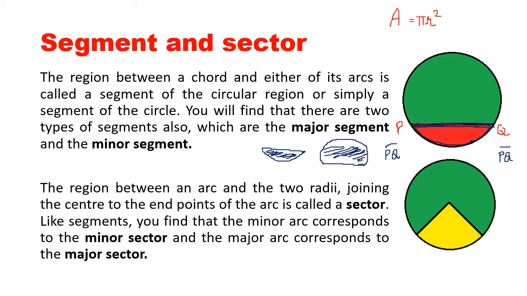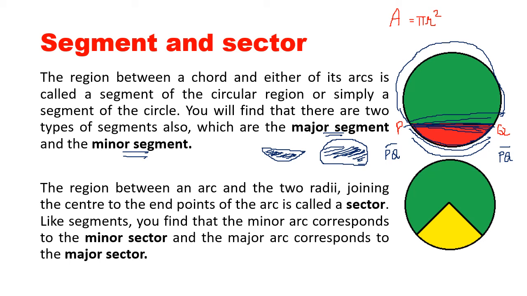So what is the segment? The chord divides the circle into two parts, these two parts. You can see this is the minor arc and this is the major arc. Then the closed figure with the major arc and the chord is called the major segment, and the closed figure with the chord and the minor arc is called the minor segment. So a chord is dividing the circle into many different parts. The chord breaks up the arcs of the circle. The chord even breaks up the segments of the circle.